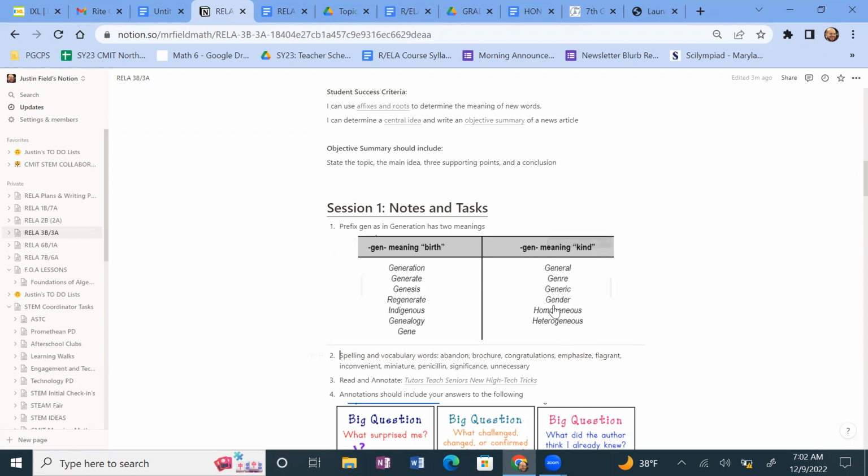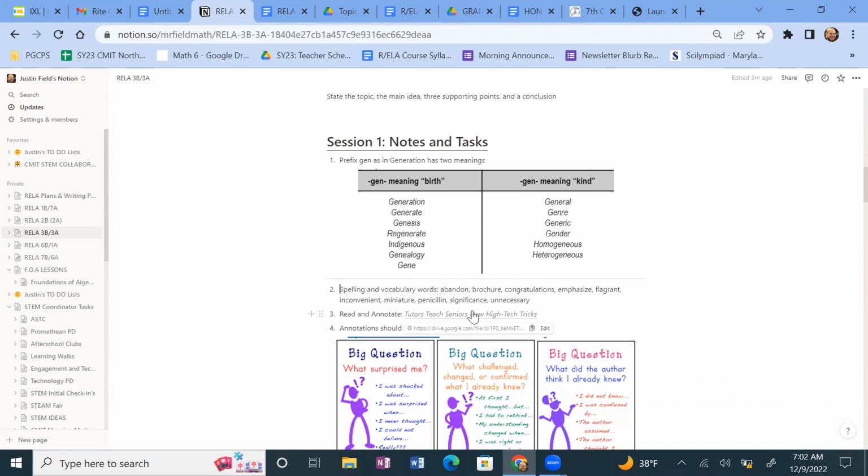So in our class, we'll use homogeneous grouping. That means everybody's at the same learning level in the group. And we'll also use heterogeneous grouping. That means we have different learning levels within the group and they're going to help each other. All right. So that's generation. We're talking about birth generations. In this article, we're going to talk about seniors, older folks, and high school students. So from different generations.